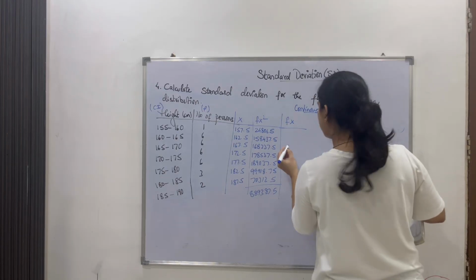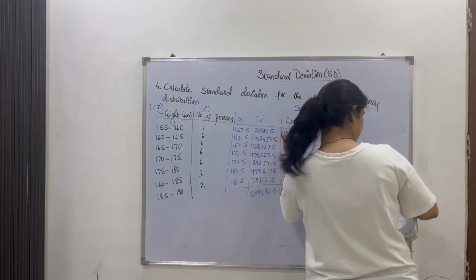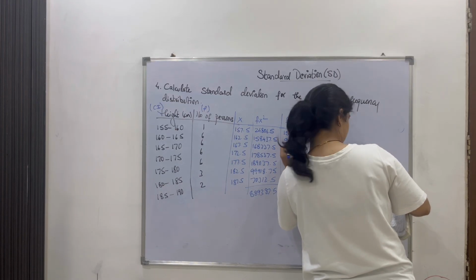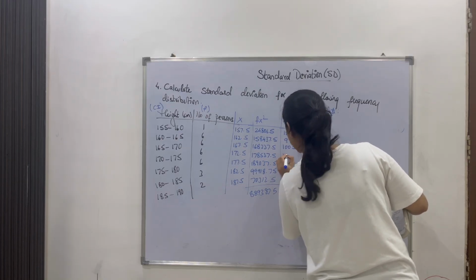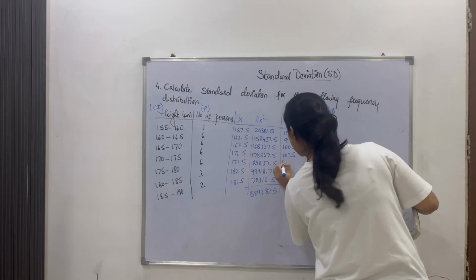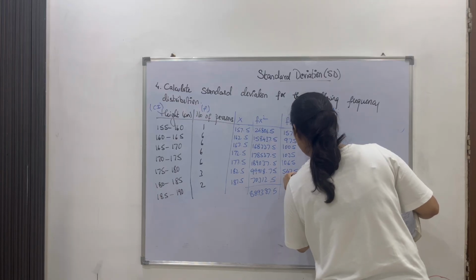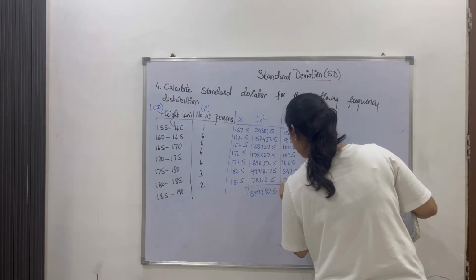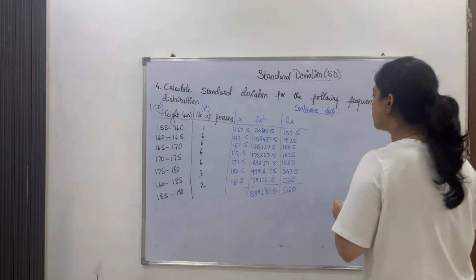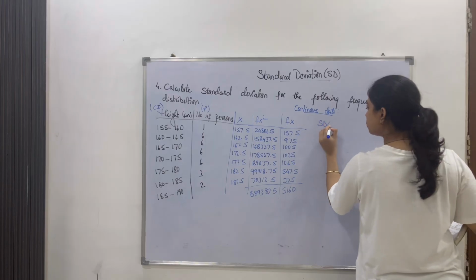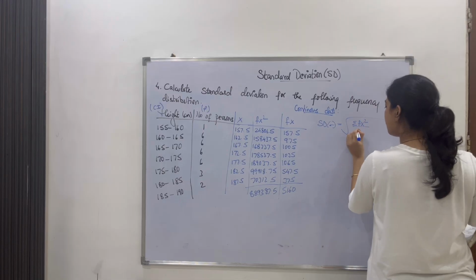So fx is nothing but multiplying this into x, 157.5, 975, 1005, 1035, 1065, 547.5 and 375, and the total of this is 5160. So now let's write the formula again and do the substitution, which was summation f into x square upon